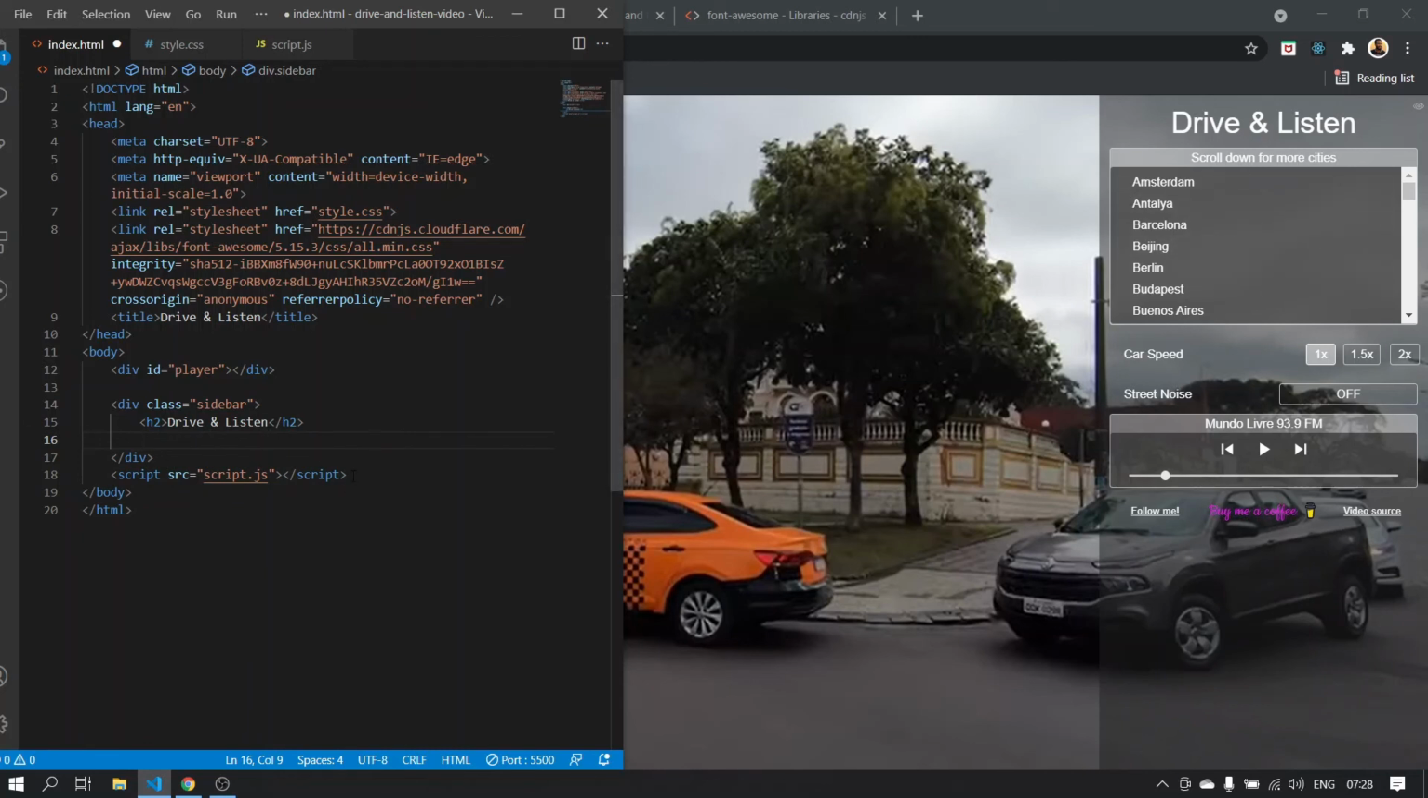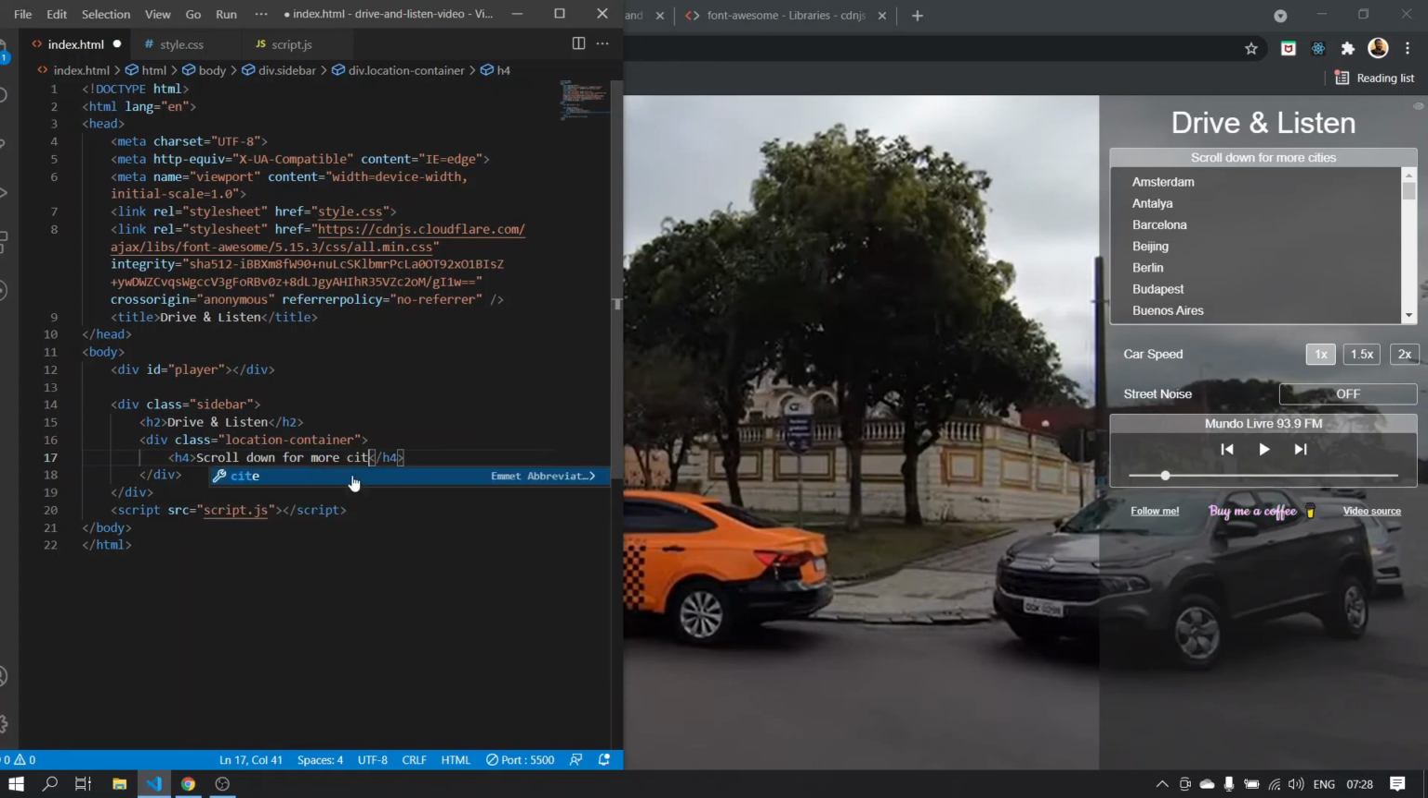So we'll call it location. So we'll have it wrapped inside a container. So we'll have a location container, and inside the location container we'll have an h4 tag, which will have that text there, which is scroll down for more cities. Then beneath that we'll have the cities location, cities link, which is